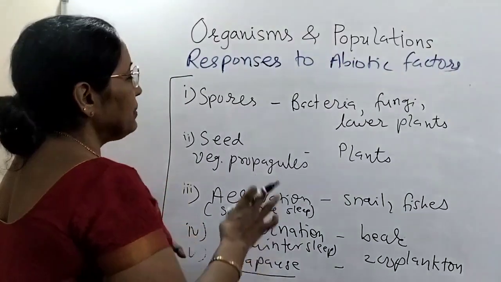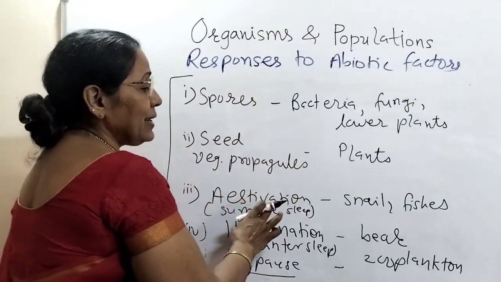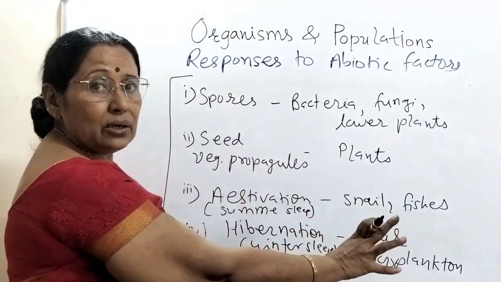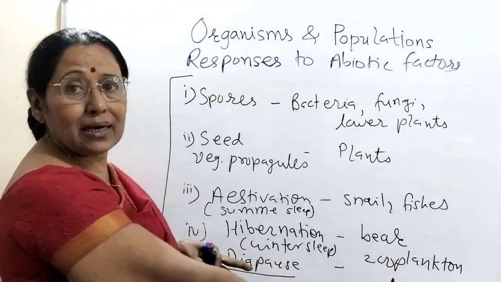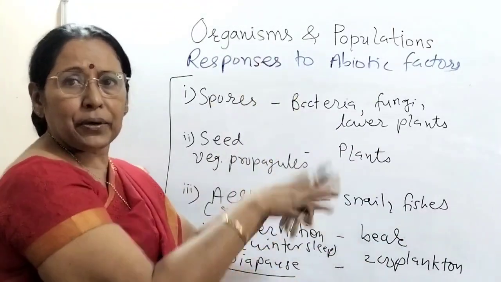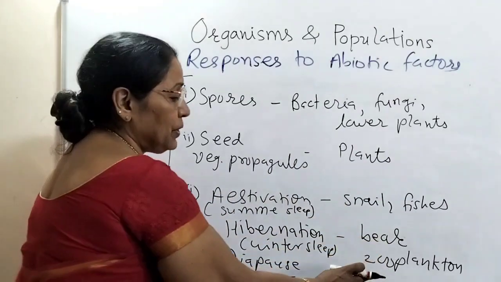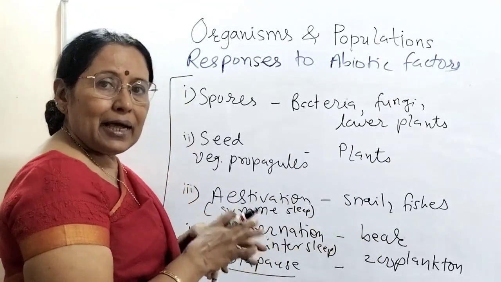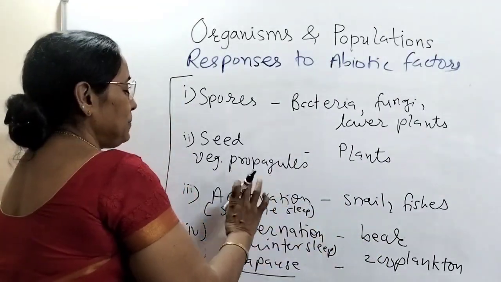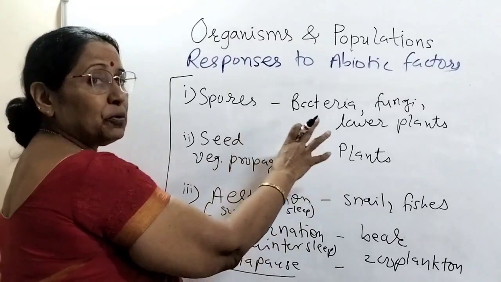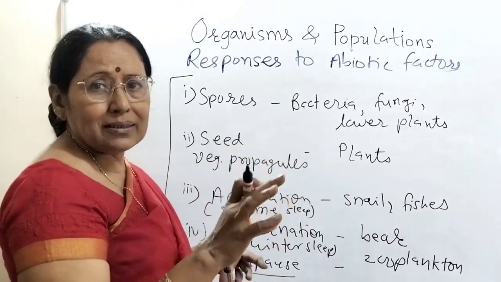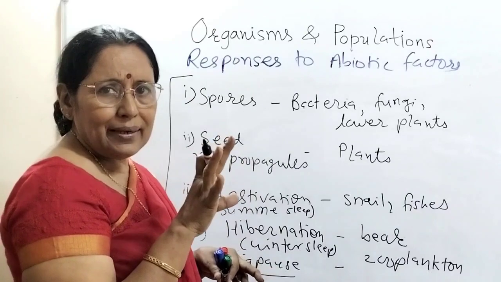So you have to remember, एकदम पक्के से दिमाग में डाल देना है कि एस्टिवेशन किस में था, स्नेल और फिशेज में था, डायपॉज किस में था, जूप्लैंक्टन में था, ताकि कुछ भी घुमा फिरा के दे तो आप इमीडिएट उस पर पॉइंट रख सको कि हाँ डायपॉज किसका है, ये एस्टिवेशन किसका है, स्पोर्स किस में बनते हैं, हाइबरनेशन किसका है. Very important, I tell you.